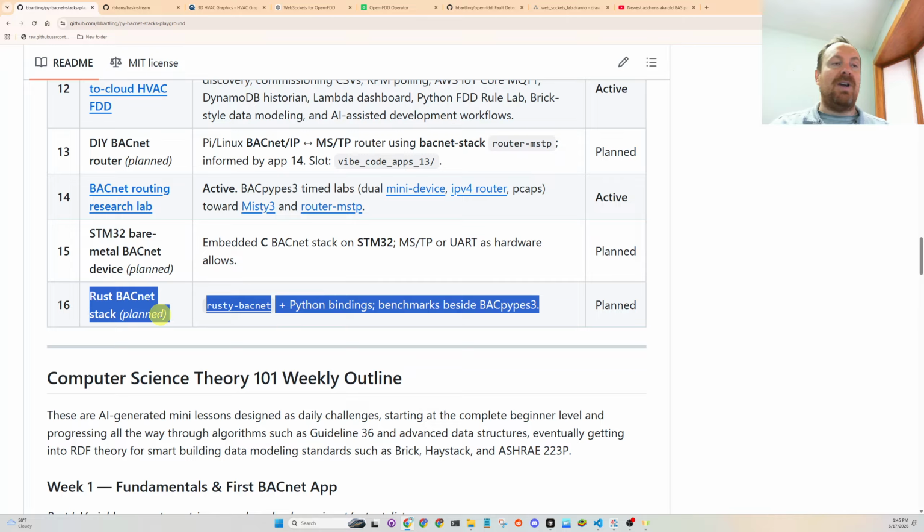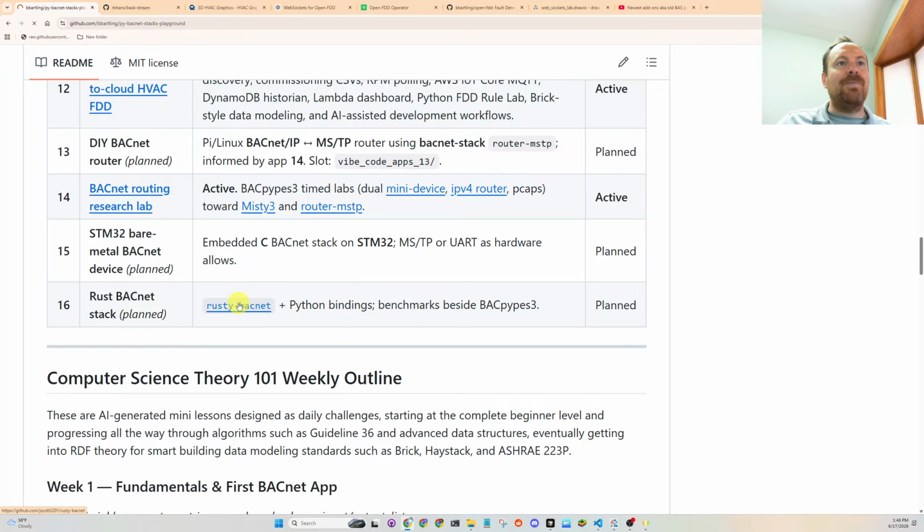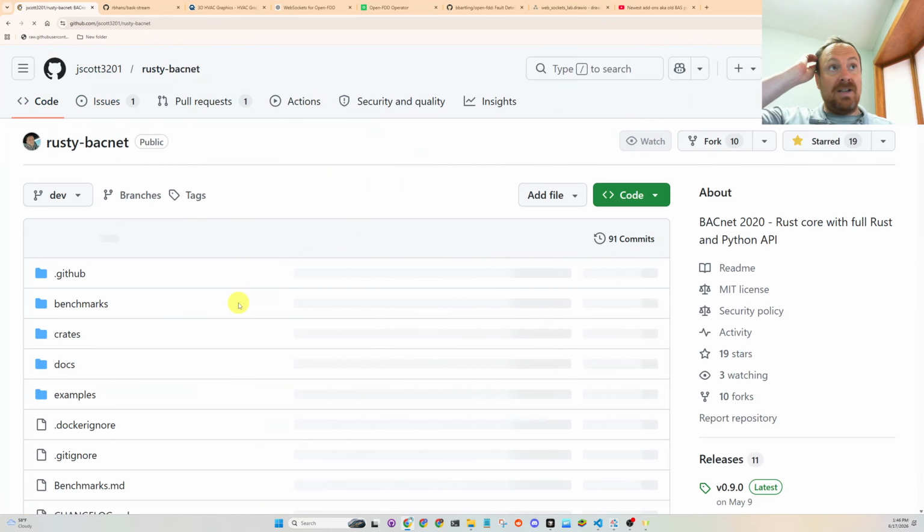Some frameworks stay in Python forever, but Rust is, I think, just more general purpose. People prototype and then convert it into C++. They usually do something like that. So Open-FDD has some plans to do some conversions to Rust over time. Not anything in the immediate future, but I think we'll start diving into the Rusty BACnet stack,